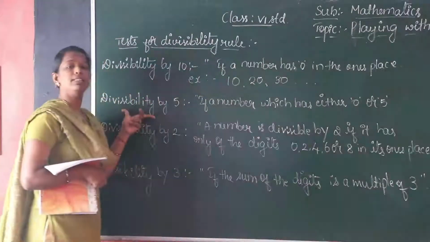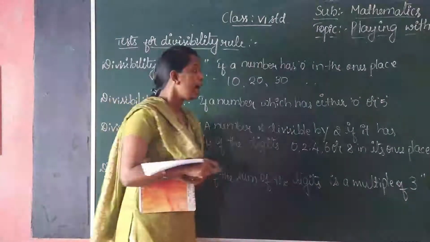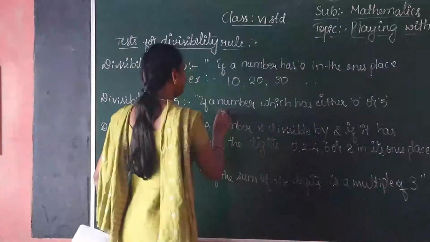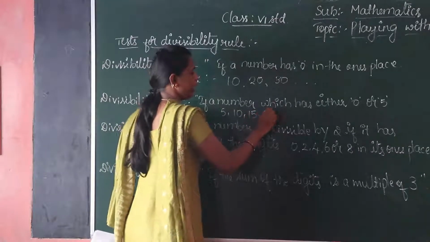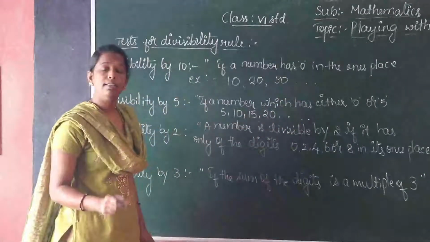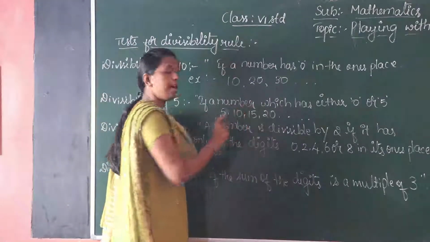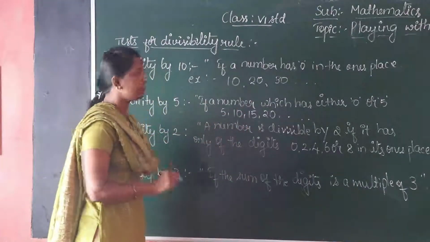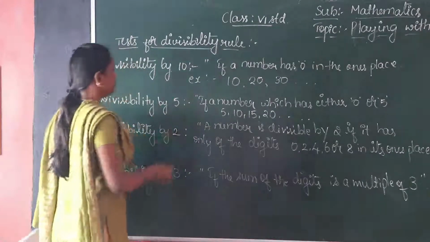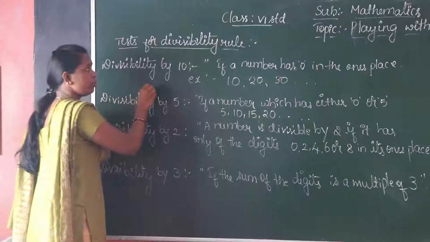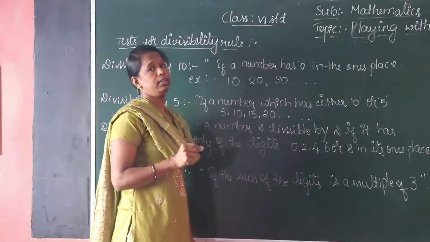And then the divisibility by 5. The number in the unit place may be either 0 or 5. For example, 5, 10, 15, 20, and so on. So these are divisible by 5, meaning the number has either 0 or 5 at the unit place or ones place. So clear, children, the divisibility rule by 10 means the number has 0 in the unit place,